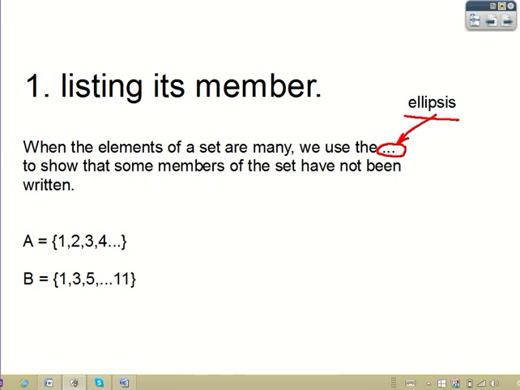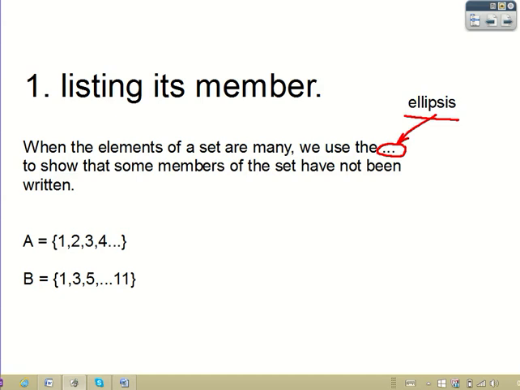So have a look here. Set A, the members of set A are 1, 2, 3, 4, after which I've put the ... which is the ellipsis, which tells us that the numbers will go on. And in this case, you can guess that the numbers will go on forever, because the pattern and the position of the ellipsis will tell you what is happening. And in this case, we're told that we have the counting numbers 1, 2, 3, 4, and they will